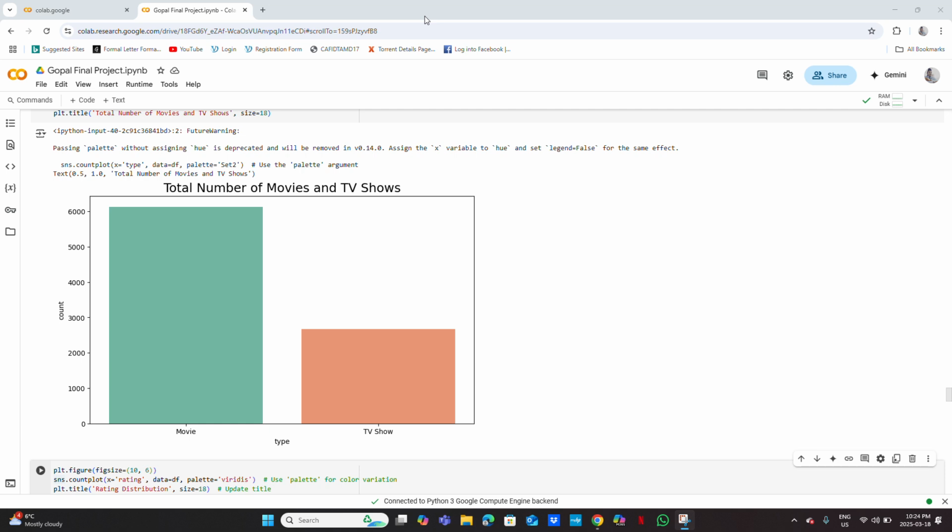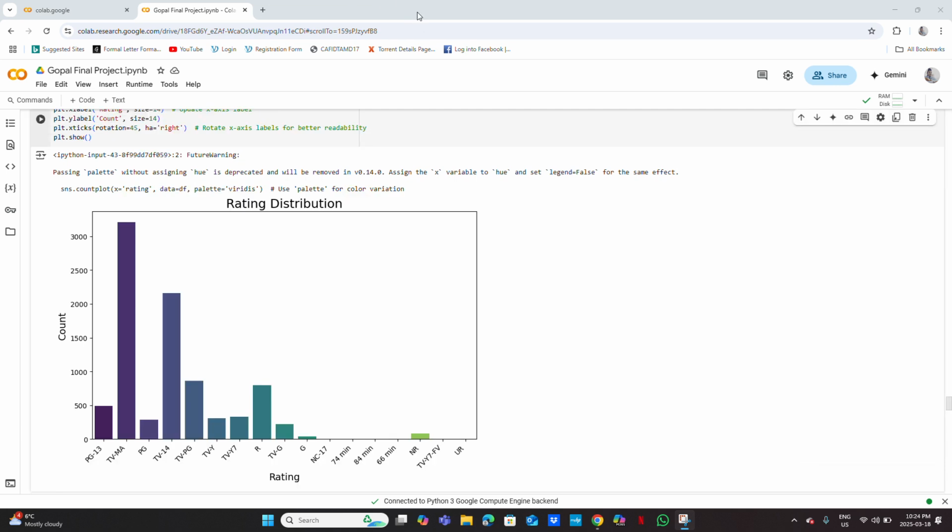Now for the univariate analysis, we use a bar chart, and in this bar chart we are comparing the total number of movies and TV shows, and it shows that movies are comparably double the number of TV shows. Similarly, there is also a bar chart which visualizes the rating distributions, and here we came to know that TVMA has the highest rating count with more than 3000, and TV14 is in second place,